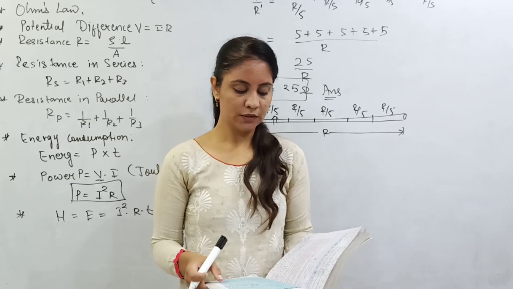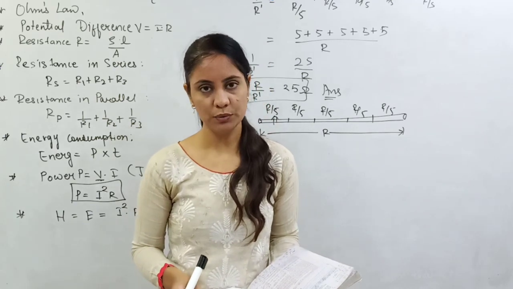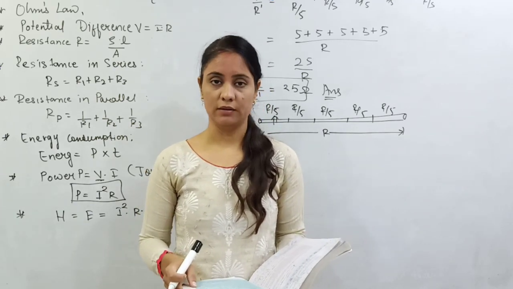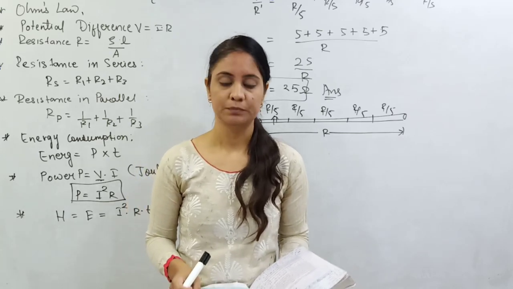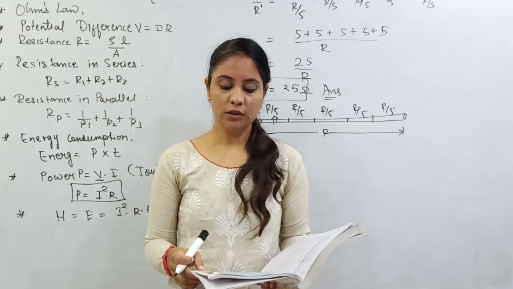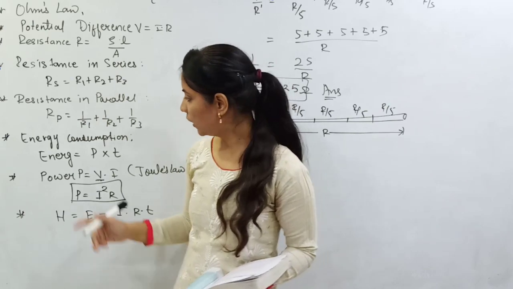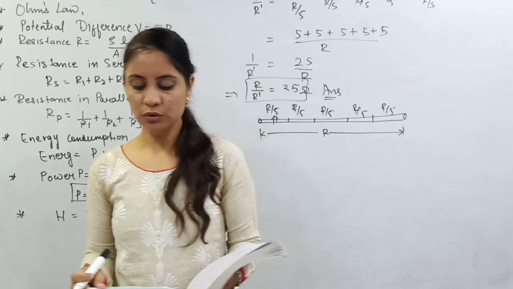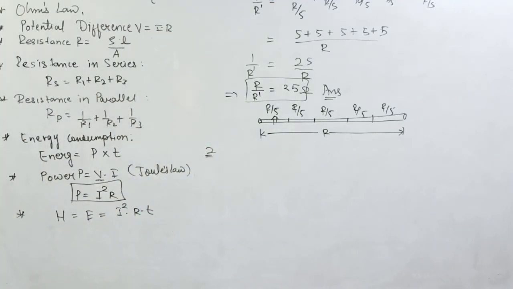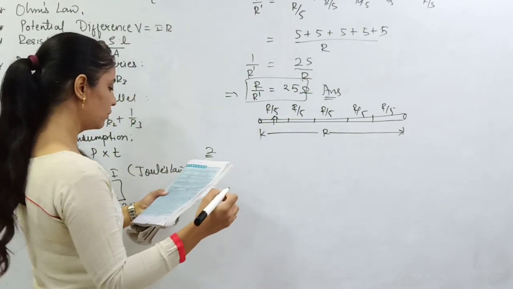Now the third question is also given over here, everyone. An electric bulb has the rating 220 volt and 100 watt. Volt is voltage, and W stands for power. When it is operated on 110 volt, we have to find how much power is consumed. We have the equation for power, that is V into I. So that is going to be our question number 3.